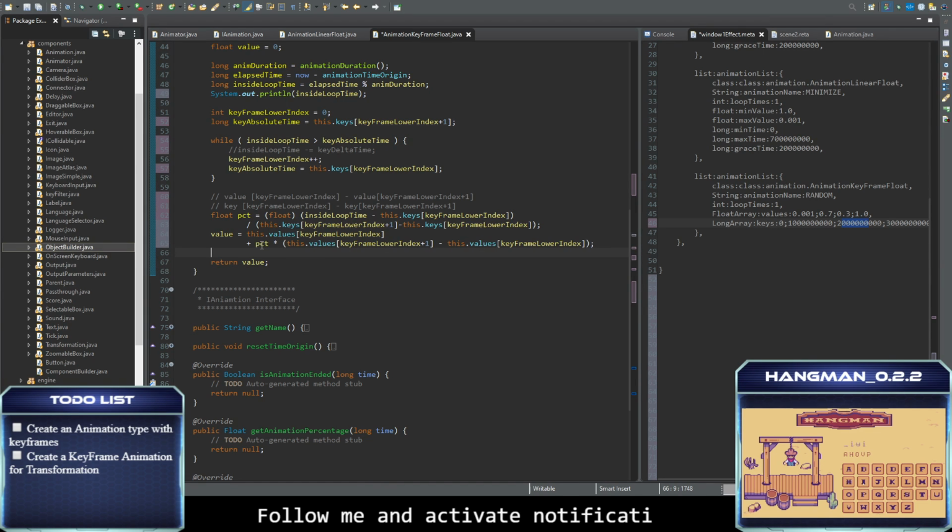So when percentage is 0, we provide the left one. When percentage is 1, we provide the right one of the key interval. So we provide that value. Okay, so let's check